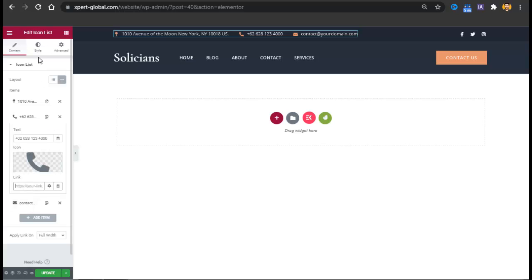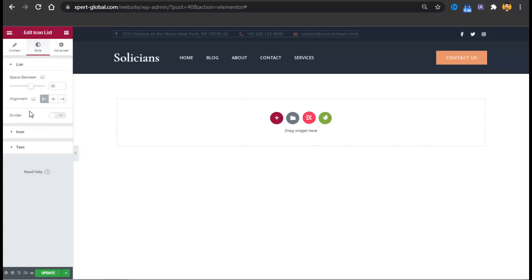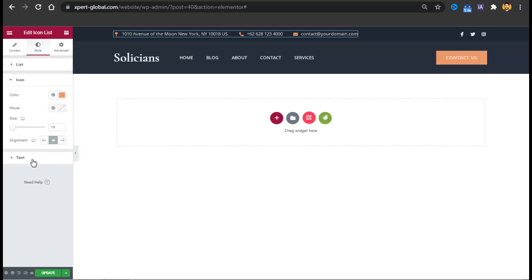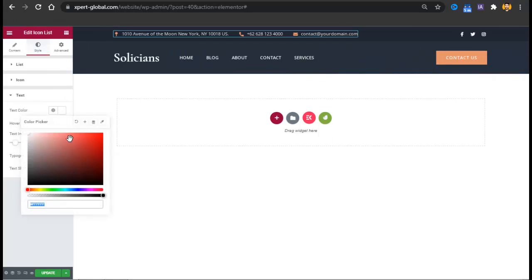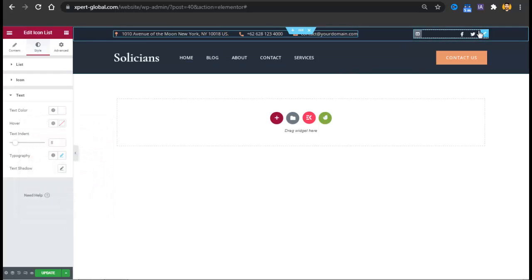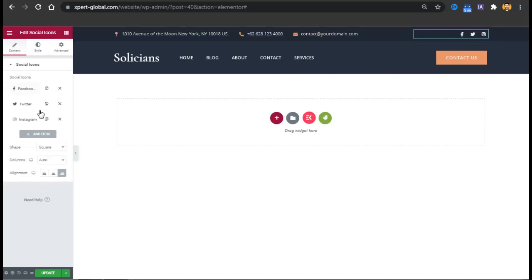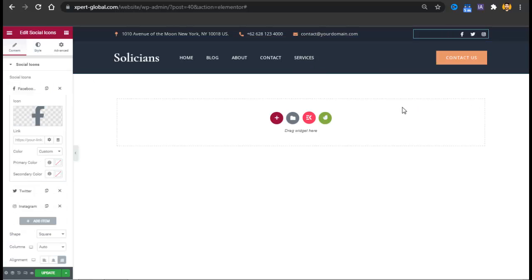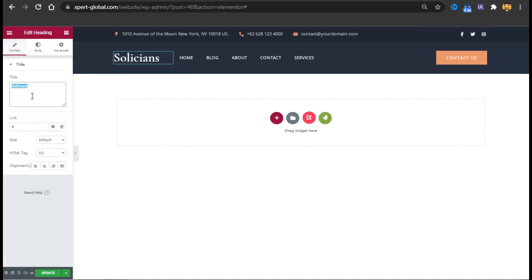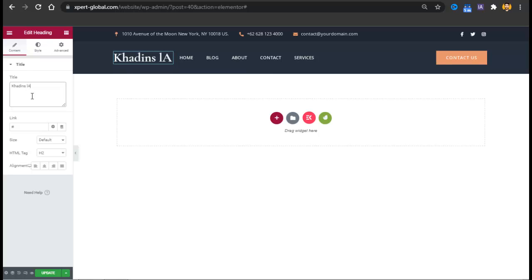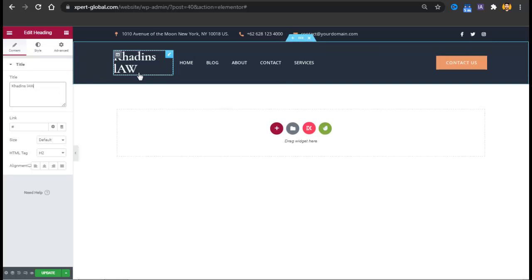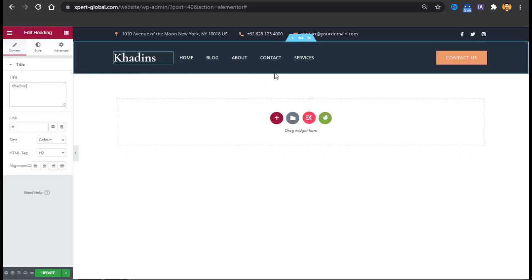Or you can link it also, and you can go to styles, or you can change the spaces, or you can change icons, colors and text, etc. If you want to change them, like I want to change the color of the text to red, I can change it. I want to make it white, I can make it, and it's a lot easy. Drag and drop, just click there, and here you can edit the links, etc. Now go there, and here you can just set it as Khadeen's Law. So how it feels, and Khadeen's Law. Okay, so this is the website I just built, and the header I just built.